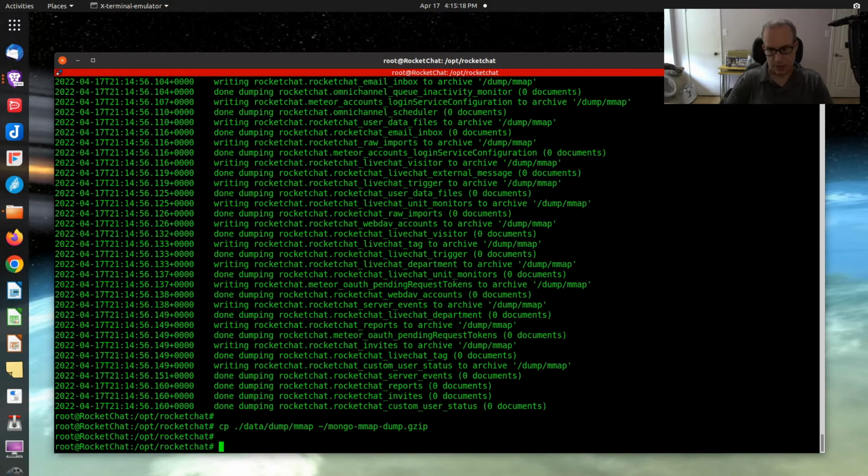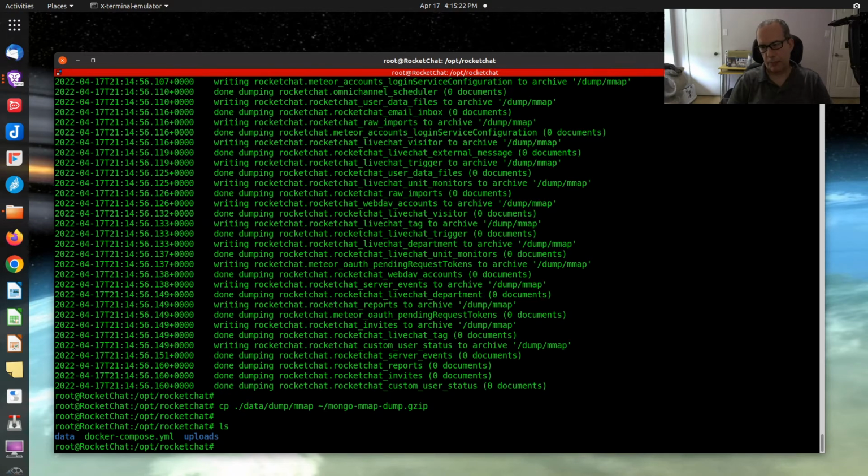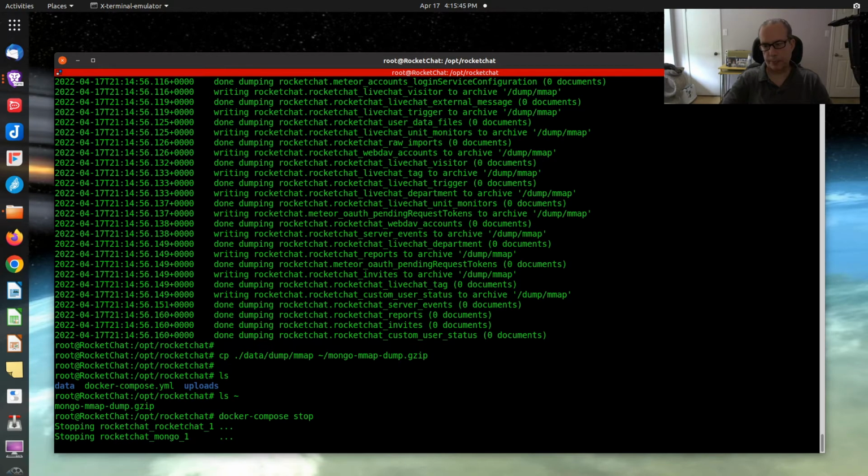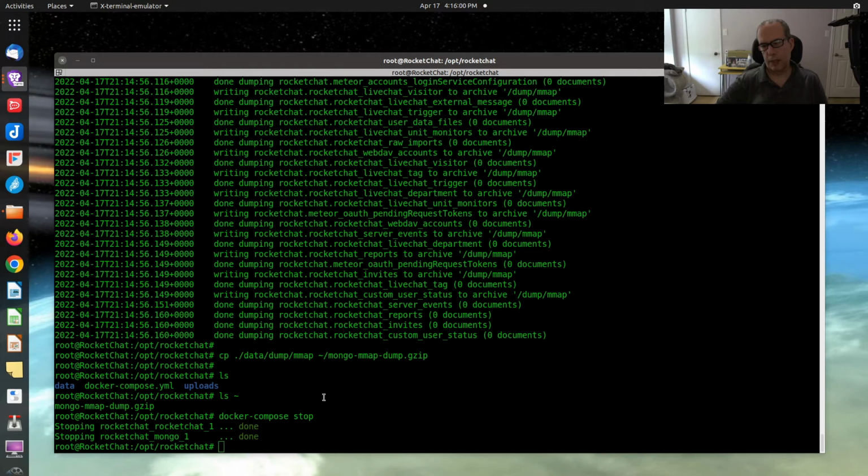So if I do an ls of my home directory, you can see that I have a mongo-mmap-dump.gzip. So that's just a dump of the database. Now I want to do a docker-compose stop. Okay, so now that RocketChat and Mongo are stopped,